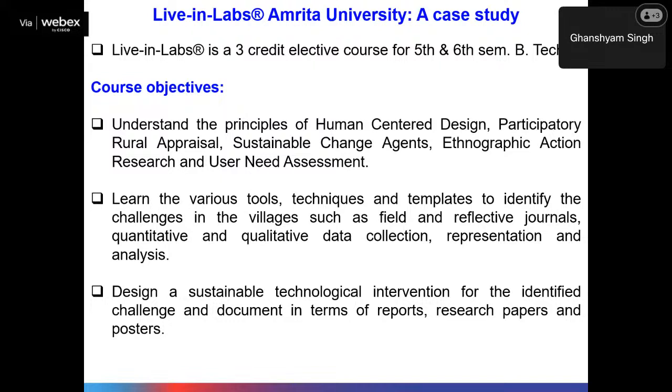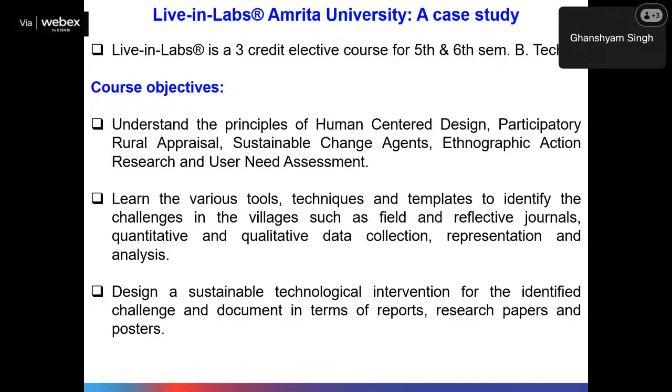So all the students, whether they are studying electronics, computer science, or anything from the BTech side, whenever they are in the 5th semester or 6th semester, they are asked to choose one course from their elective list, in which this live-in labs is also one. It's a very interesting course, and for this course, they have defined clear-cut course objectives. The number one is to understand the principles of human-centered design, participatory rural appraisals, sustainable change agents, ethnographic action research,